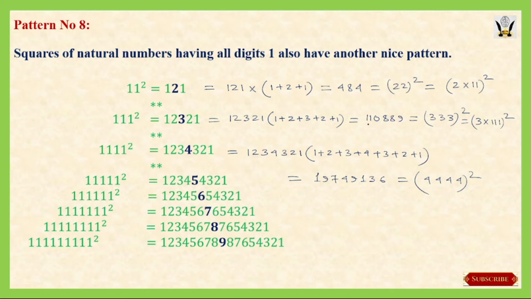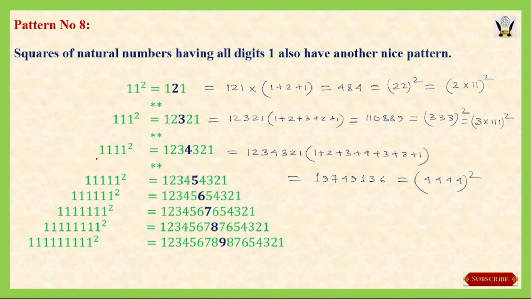Now if we come to the next value, this is 3 multiplied by 111, so 111 will be coming from here, and since we have 3 digits here, from that concept also we can say that this will be 3, or here we have the middle digit as 3, so from there also we can say this will be 3. And then, with our eyes closed, we can say that